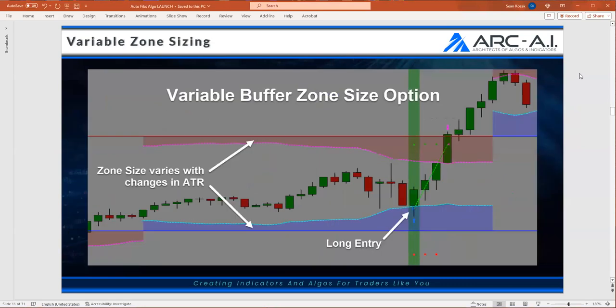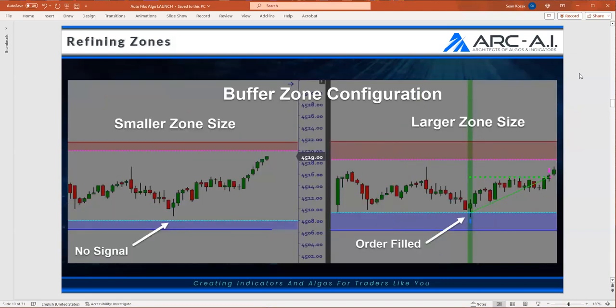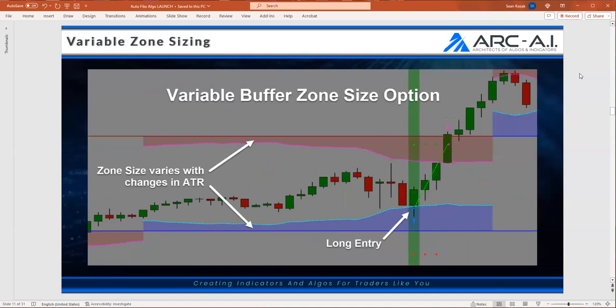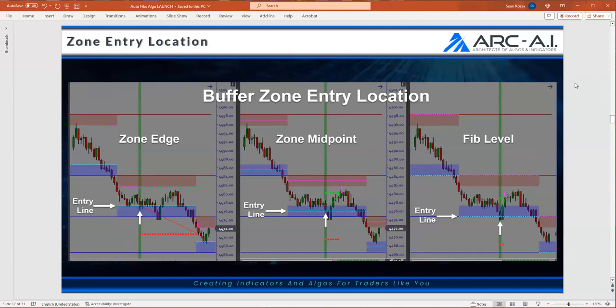Now, we've also built dynamic buffer zones that allow you to move with the volatility. So if you're somebody that wants it to be moving with the market's movement, we can do that. You can have what we call static buffer zones or dynamic buffer zones, which allows you to take support and resistance and add average range to the levels, which is pretty sexy. And the key here is where you want to enter the trades.